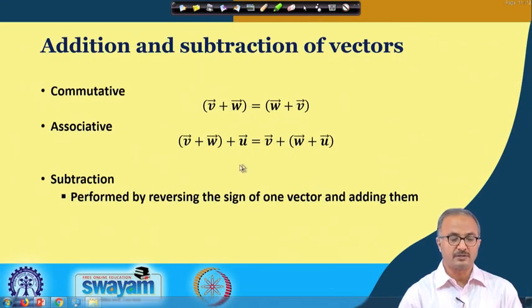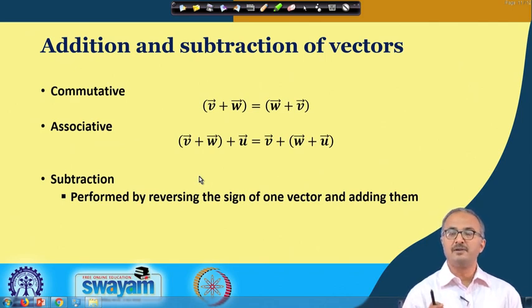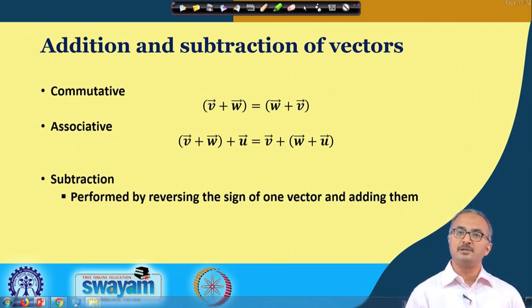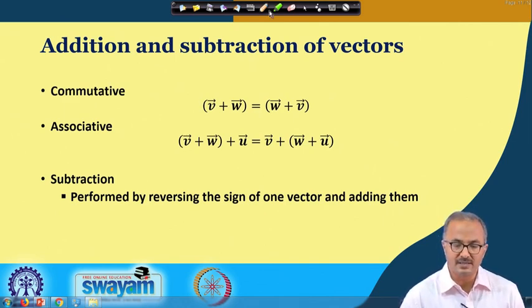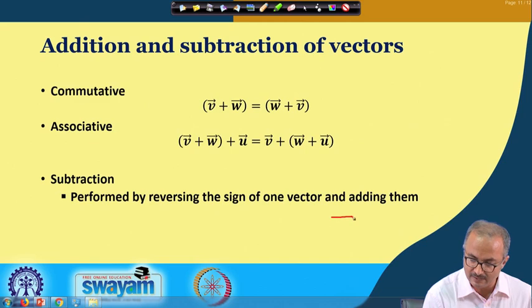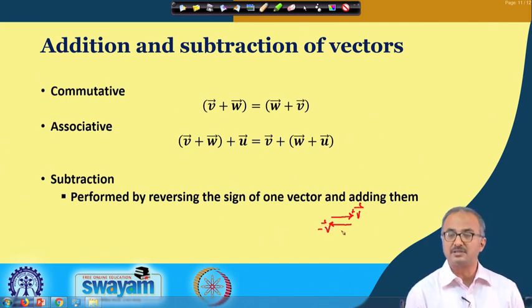Now, when we talk of vector subtraction, what does it basically mean? Subtract means say v minus w. Now, what does the negative of a vector mean? It has the same magnitude, but the direction is just opposite, that is a 180 degree turn. If I have a vector like this, this is plus v, then just opposite in direction we have minus v vector. We just change the direction without changing the magnitude. That is how we understand the negative sign.